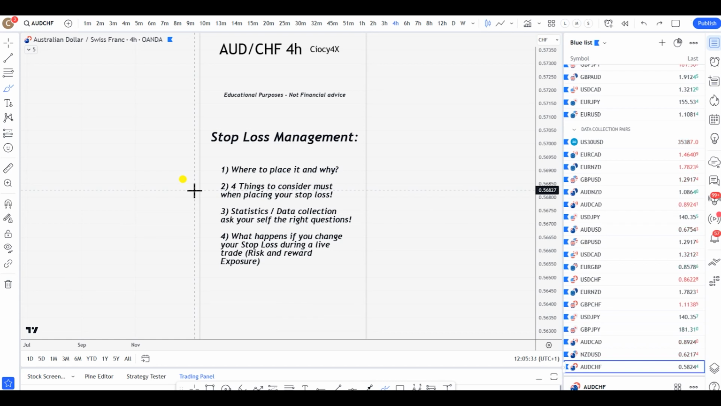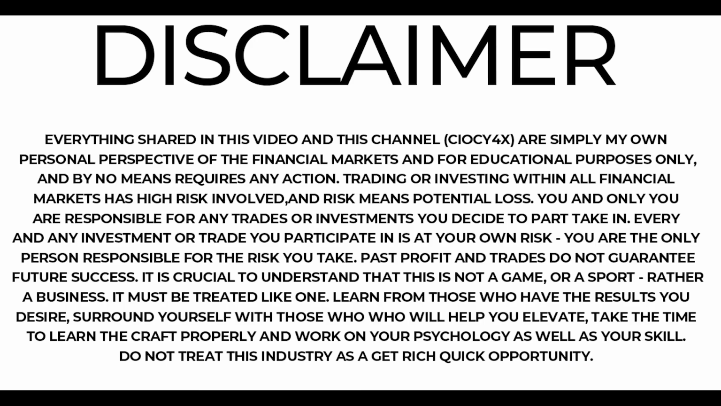A lot of traders, including myself as well, have placed so many times where it affected a lot our risk exposure to the market. So what are these 4 things? So first things first, the number 1 is going to be,